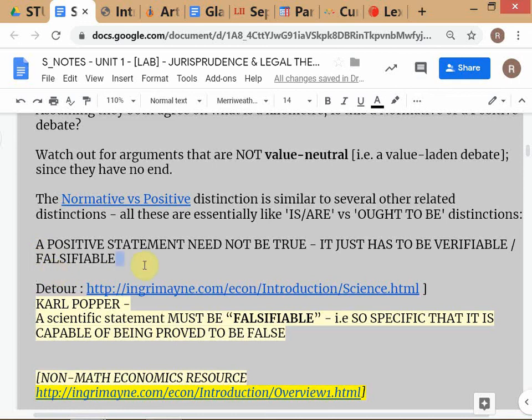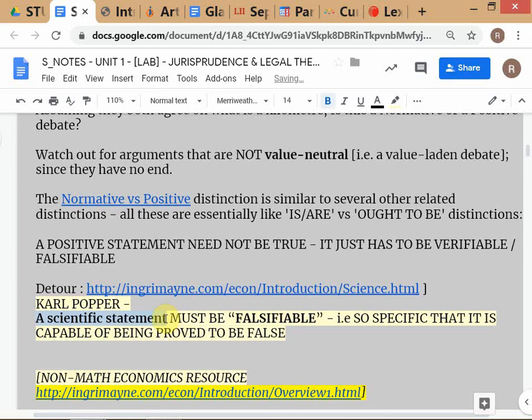Now this brings us to an important question. I've given you this link. There's a philosopher called Karl Popper who has done a lot of important work, a very important concept for you to understand, that relates to the philosophy of science. What is a scientific statement? Because in your life you will meet a lot of people who pretend to be experts and are making pronouncements on all kinds of things.